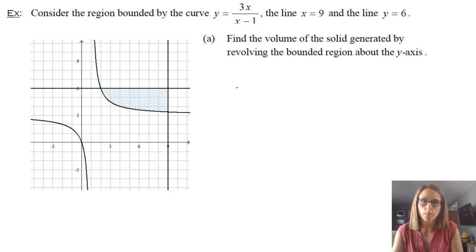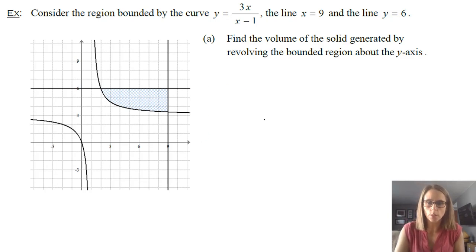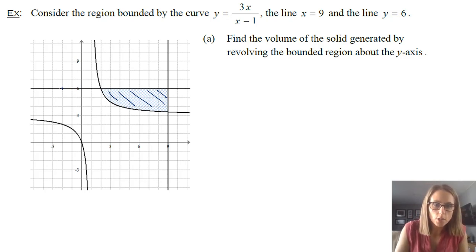We have a region bounded by the curve. We're basically just going to do some setup here because that is the hardest part. So you can see the region, it's been shaded, and this is going to be revolved around the y-axis. If I want to, I could make a basic idea of what this is going to look like. It's going to head down, it's going to go this way.